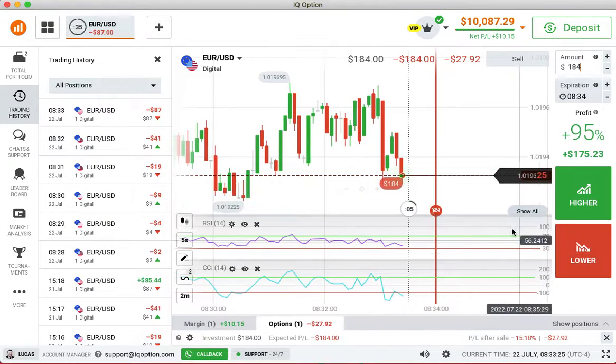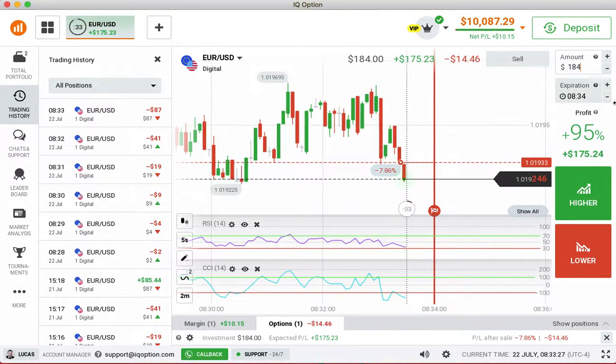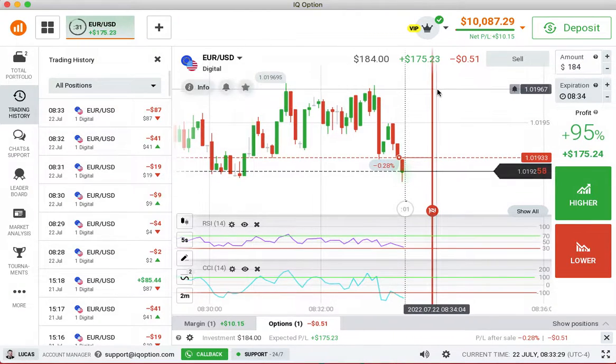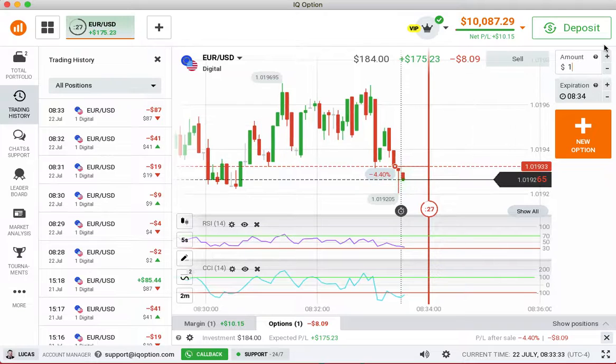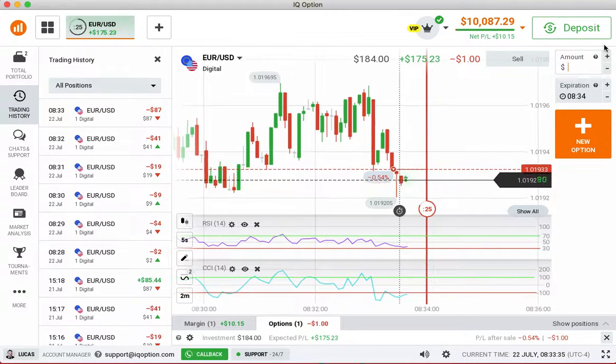So we sell here for 184 and we see what happens. So here you see we went up to 184 and let's see if this one will win. If this one, we have